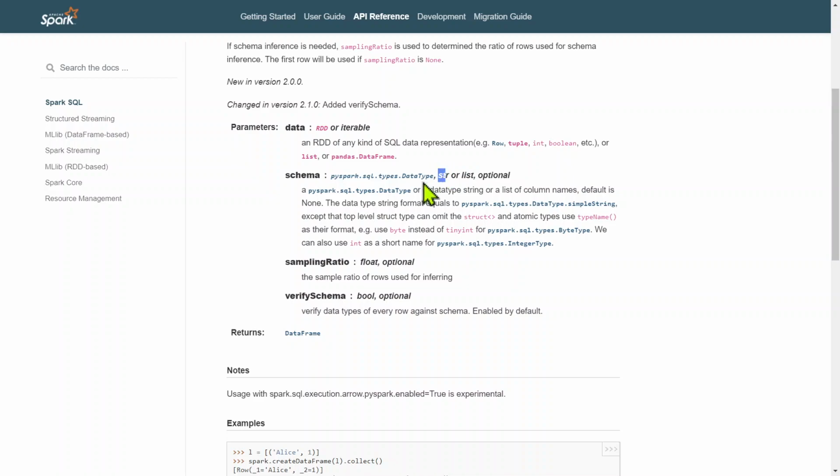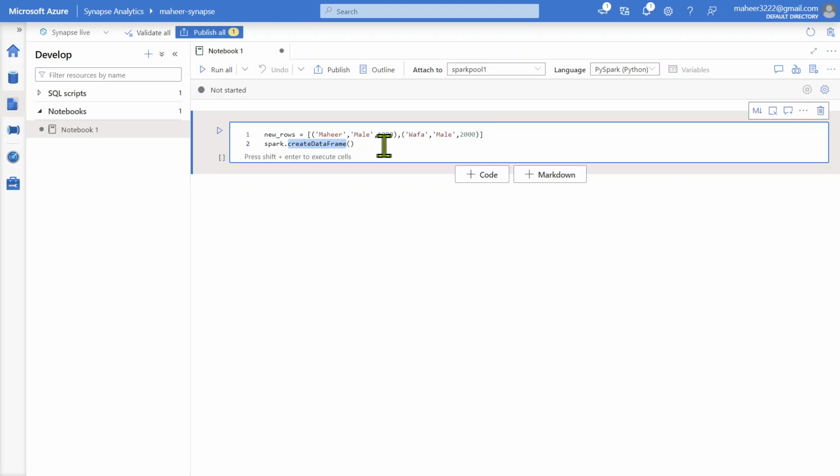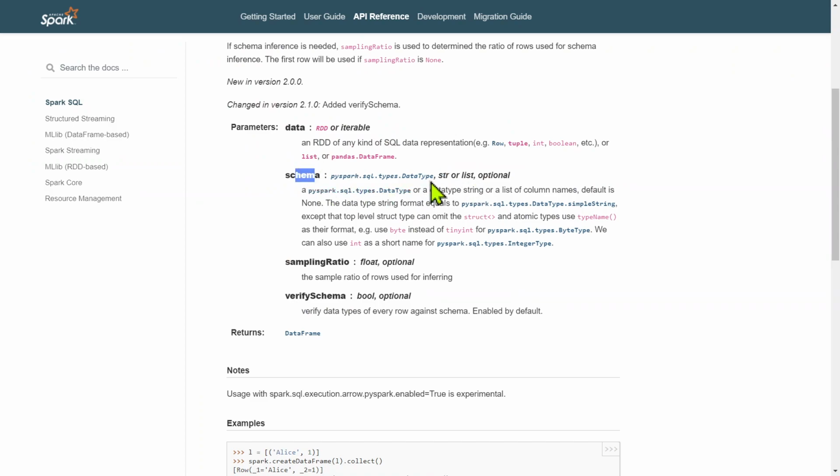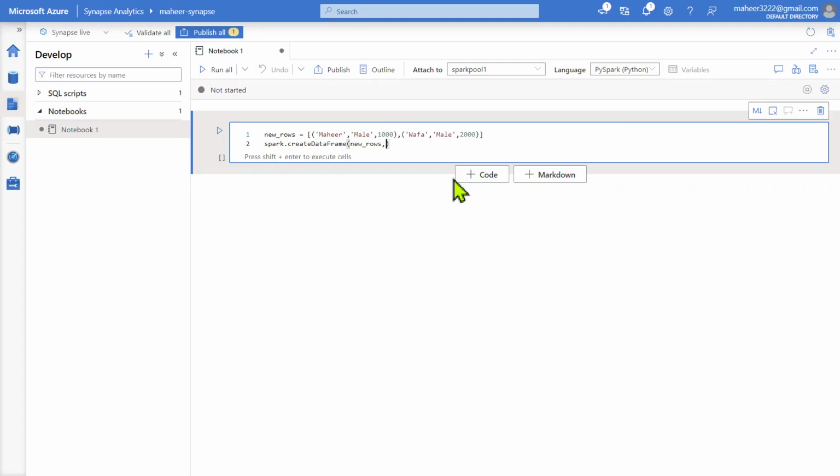So by seeing this, I very easily come to know that when there is data, I can pass my list. Let me open the IntelliSense first. This variable is actually a list, so let me pass my list as the data here. The second parameter is schema. Schema is optional. If you want to have column names, you can pass them, and as we have seen, schema can be a list. So I will pass my schema also as a list, that means the headers.